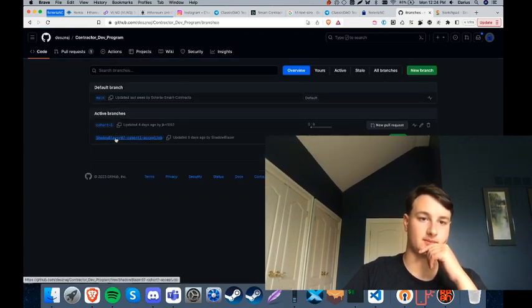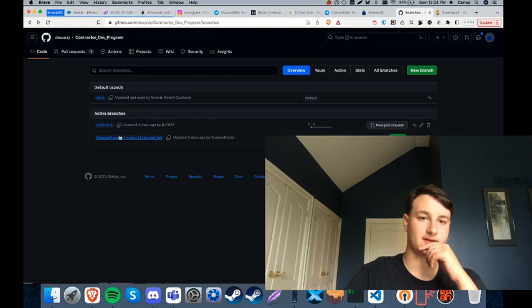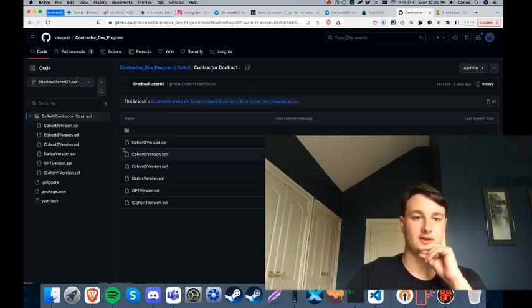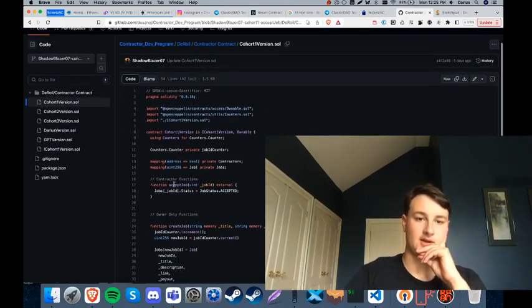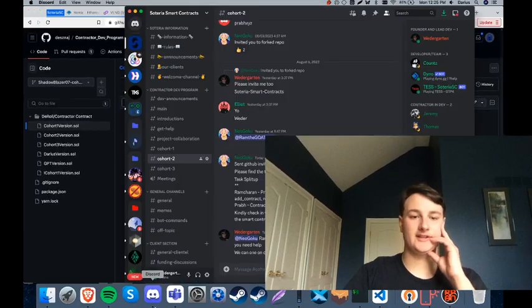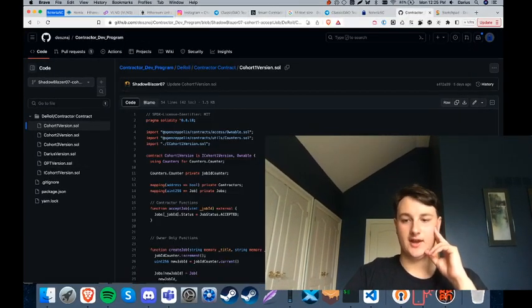3 branches. So why are there 3 branches? Accept job. Shadow Blazer. Oh, wait. Who's Shadow Blazer? Okay, so wait, this is different now. We now have a different one. I don't know which one this is. This is the cohort 1 version. It's a separate version of the same thing. Maybe it's exactly the same? Okay, it's similar, but it's different. All right, well, over at cohort 1, you guys have 2 versions, so figure out which one you want to use.